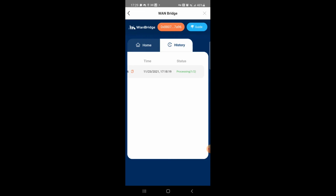There's 2 steps to the process. The first process is receiving the asset, and then the second process is wrapping it and making it available for use on the WanChain. I don't want to get technical on this. It's just decentralized wrapping. It's what Flare network promises to do. It's what Ethereum wrapping promises to do. It's like, honestly,